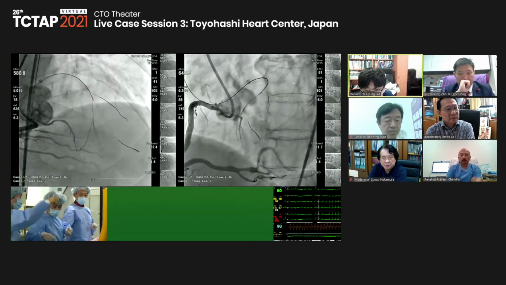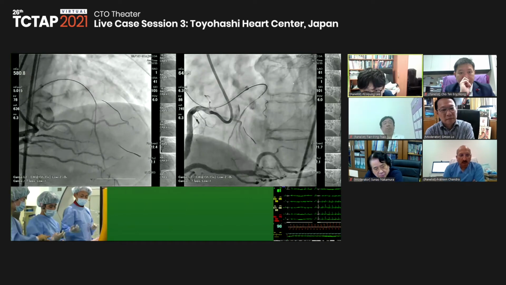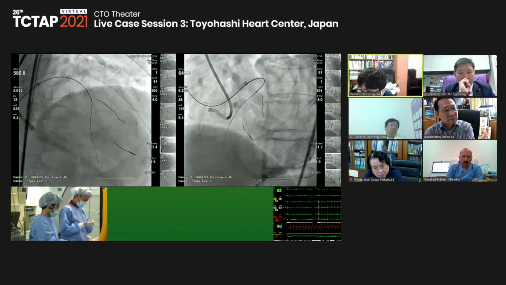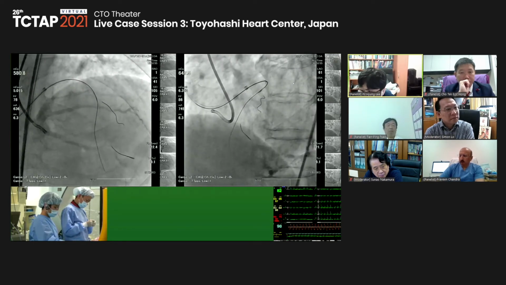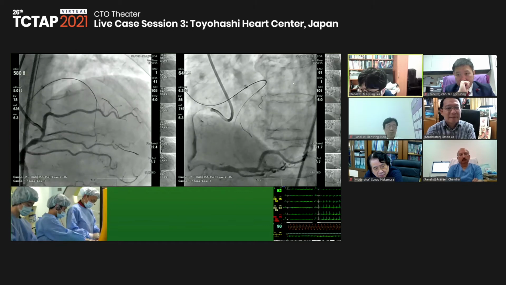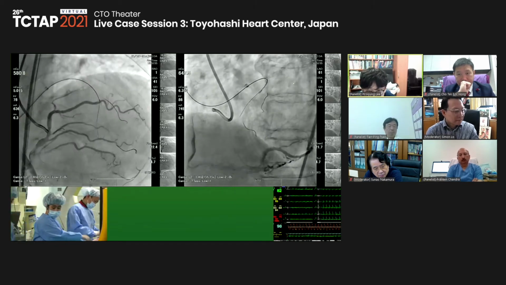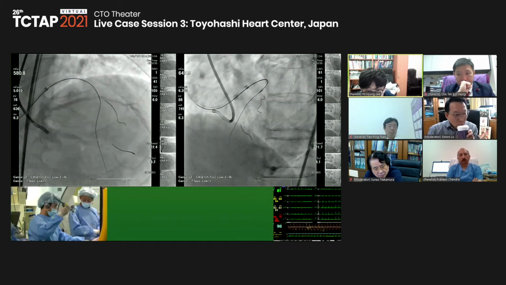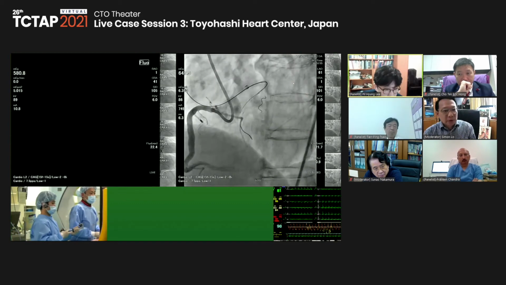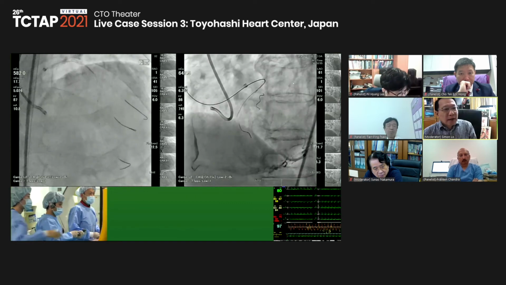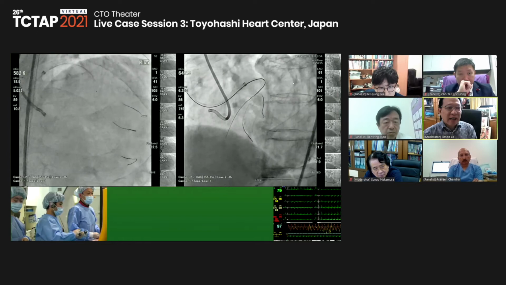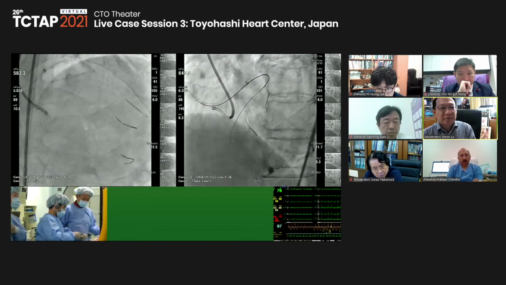So the current situation at the distal LAD may be a negative remodeling or maybe a combined disease. So differentiating that finding with the IVUS would be important to make the stenting strategy and stenting location. Yeah, absolutely. I think the IVUS would also tell us whether the ostium of the diagonal is calcified or not.